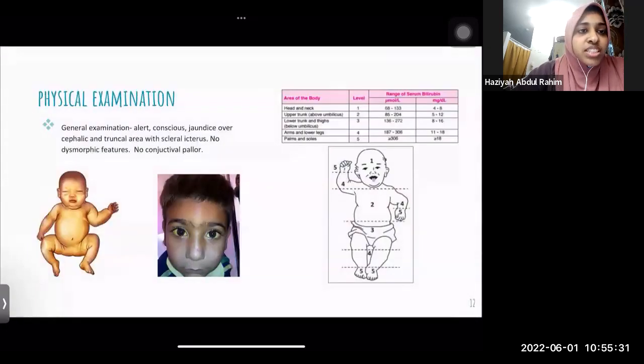So these are the physical examination findings. First, we have to look at the general appearance. In my patient, she was alert and conscious, with jaundice over the cephalic and truncal area with scleral icterus. Otherwise, there are no dysmorphic features and no conjunctival pallor. These are the pictures showing jaundice, and the pictures on the right side show Kramer's rule, basically a visual assessment we do in children to find out